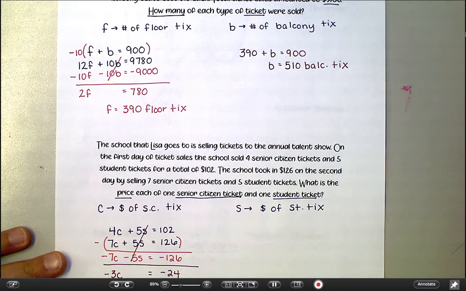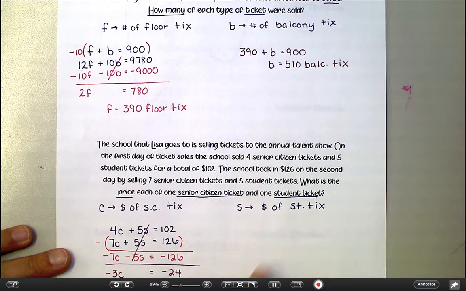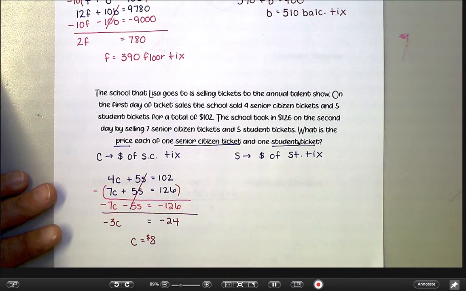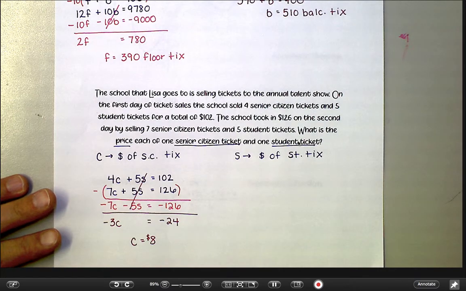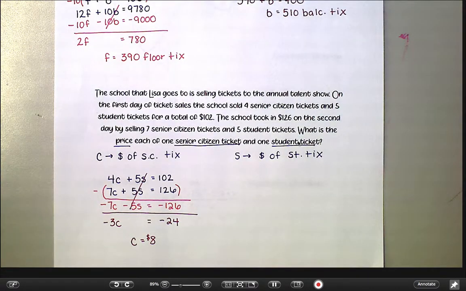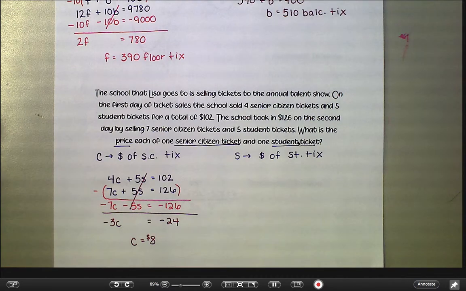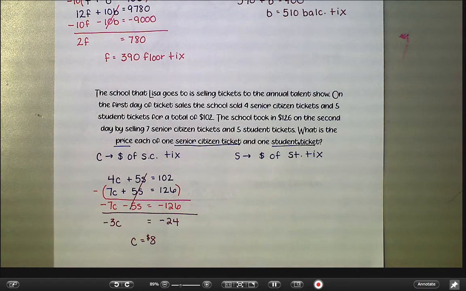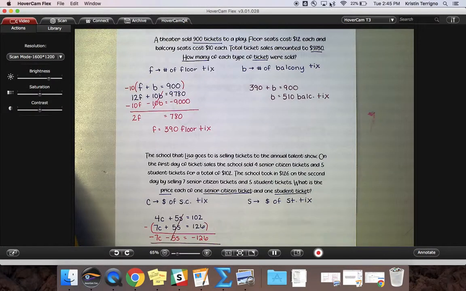Okay? And then I could plug that in to go back and find the student ticket, but I don't know that you necessarily need to see that part of it. Really, it was the setting up of the equations that would be the hard part. Okay, so obviously I can't possibly go over every type of problem you would ever see in terms of a word problem, but hopefully these strategies will be helpful. And I think defining the variables and then reading your sentence and translating it into an equation is the best way to go. Okay, that's it for this